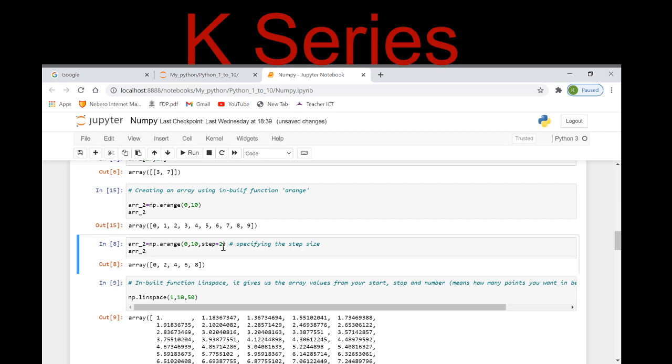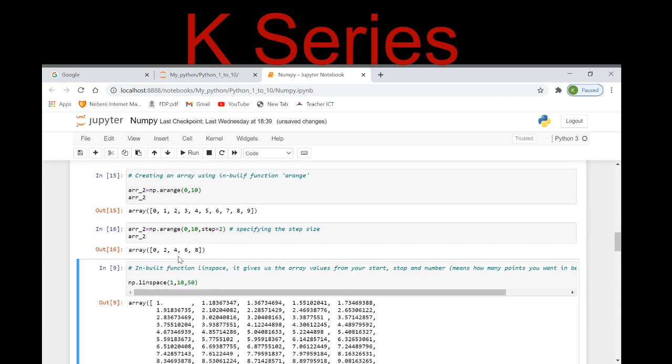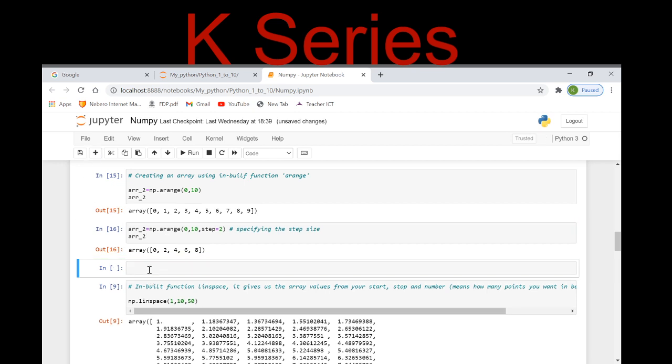Again, here I can specify the step size also. That is, if I want to give the range from 0 to 10, but my step size is 2, then I am having the output 0, 2, 4, 6, 8. In a similar way, let me show you one more example of it. Array 2 is equal to np.arange, and here I am giving 0 as the first step and the last step, and the step size is 3, right?